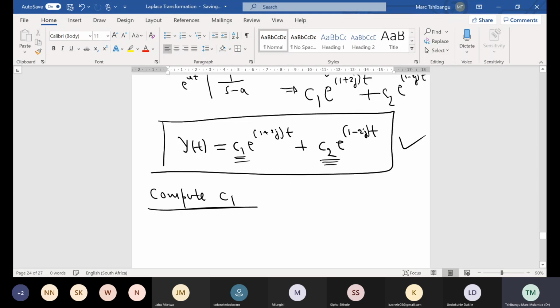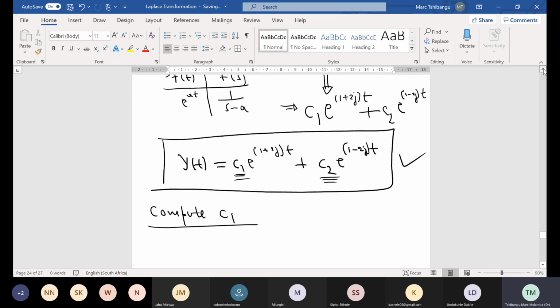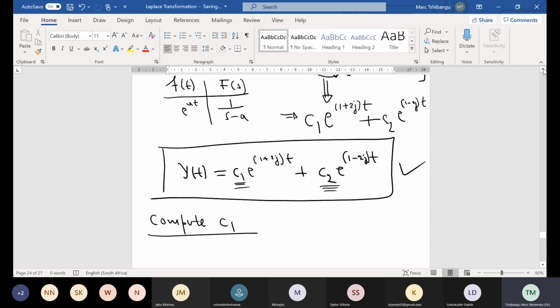All right, everybody knows what we do. We're going to multiply both sides of Y of s by something, because we want to find C1. In the expression of Y of s, the factor below C1 is s minus (1 plus 2j). So we're going to multiply